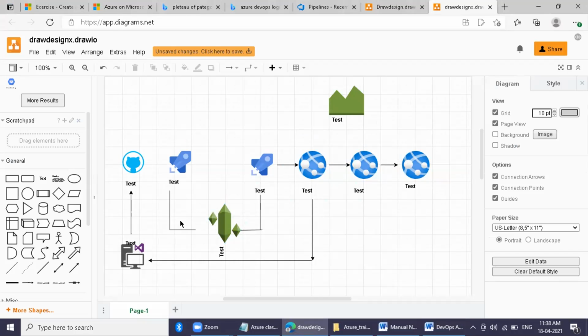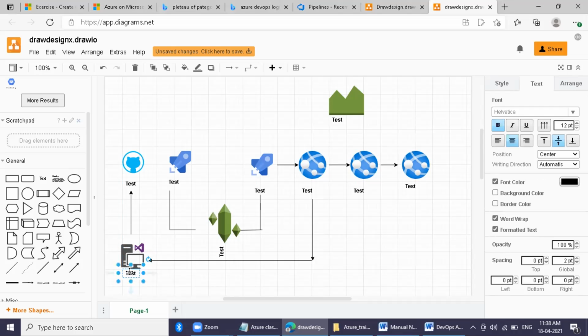We do not have to connect my Visual Studio directly to the app because it's anyhow going through GitHub. Okay. So remove this part. From VS to app, you have given one arrow that you do not need. That you have to remove.